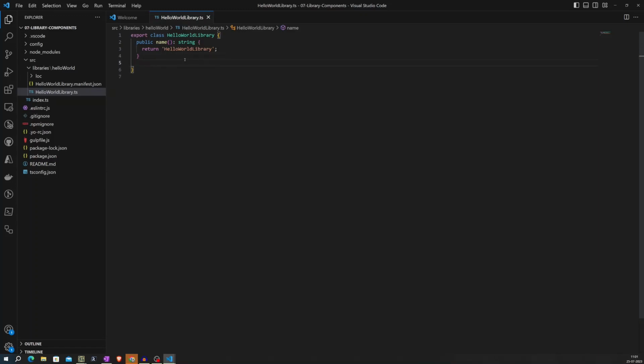Let me create another one, public, custom library, something like this. Or we can use a method, okay, let me create another method called sum,